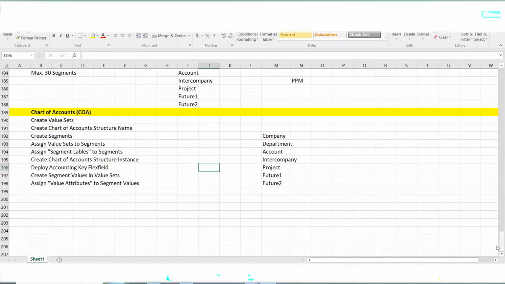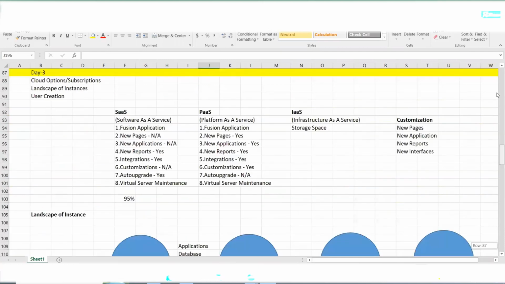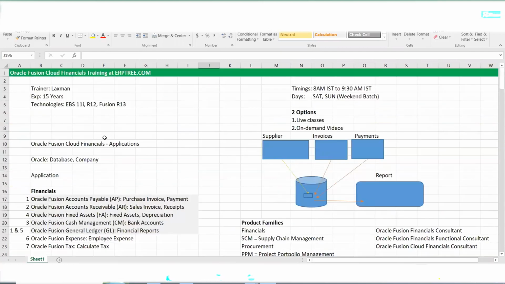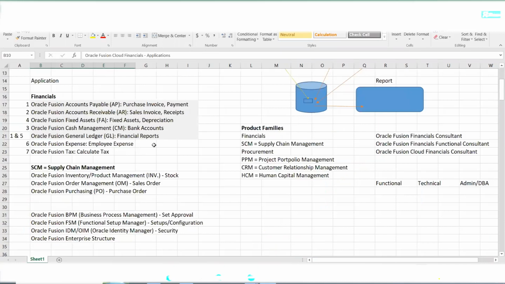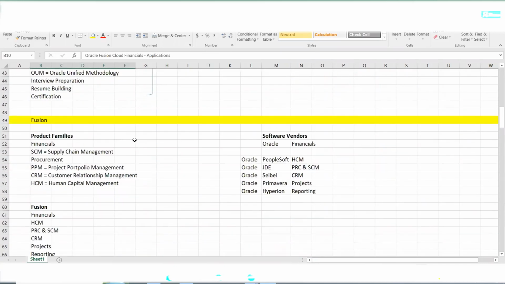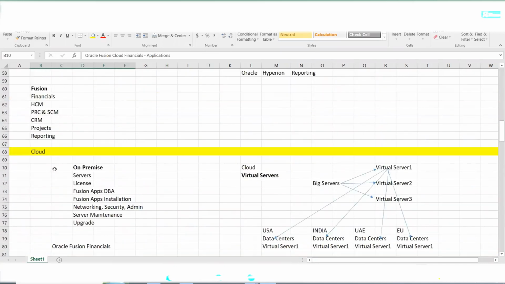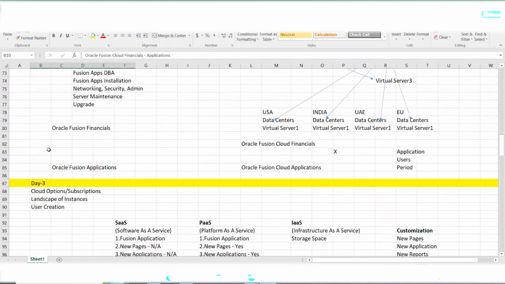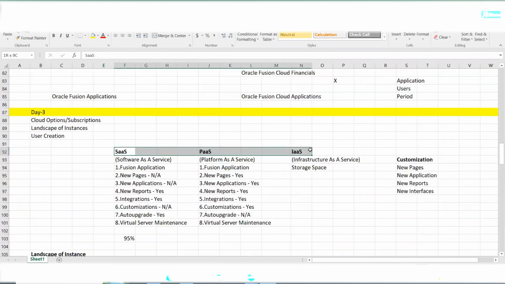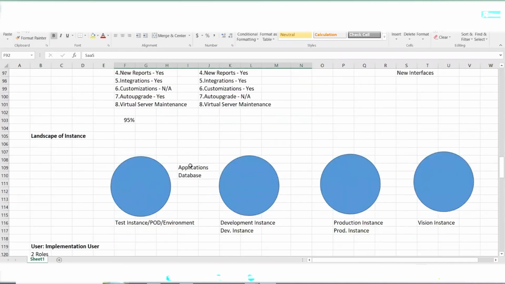Okay, so let's recap what we discussed and what we did in the system till last session. In the last few sessions, we discussed the meaning of Oracle Fusion Financials applications, the meaning of Fusion and Cloud, what the different subscription options available from Oracle for the customers are, and the landscape of the instances which we use in the implementation